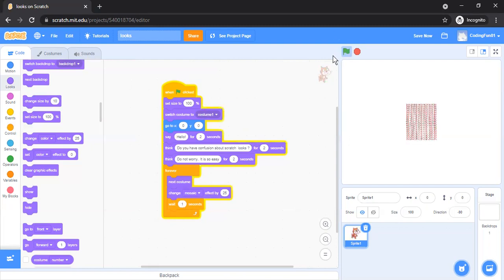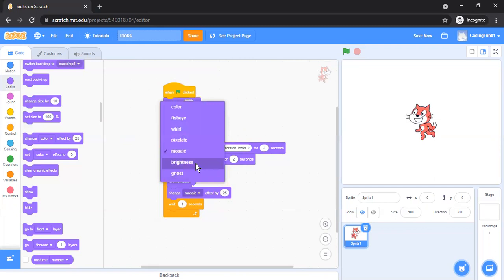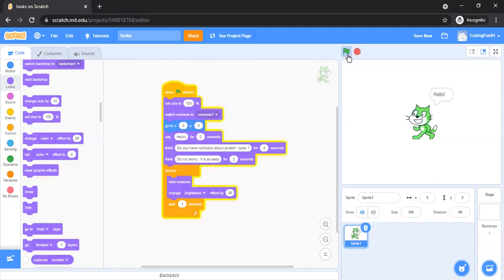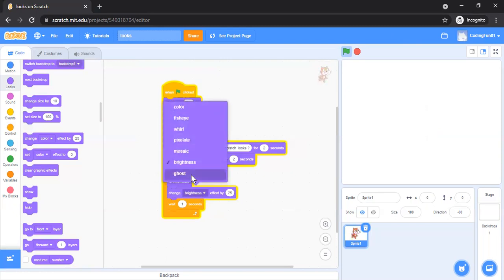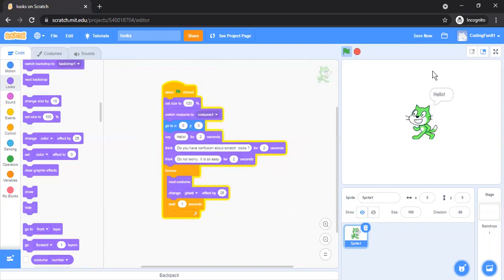Okay, so we will stop it, and if you wish you can try with this brightness also. Okay, so it is no more there on the screen, and ghost effect, just see what is happening, it will disappear from the screen.